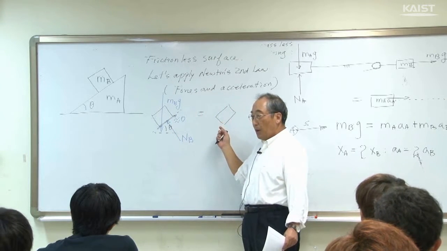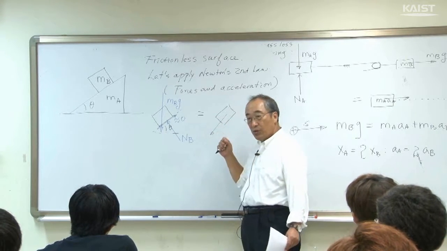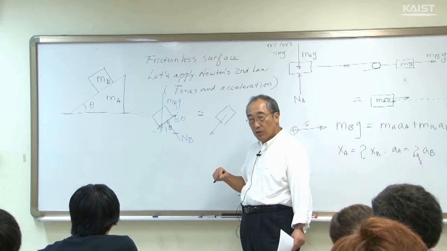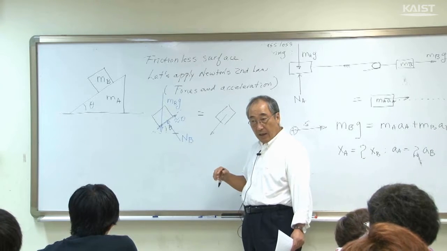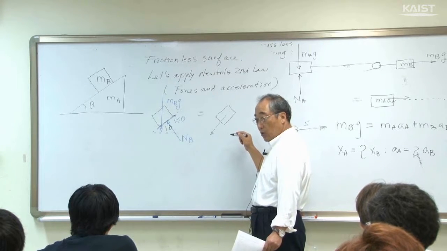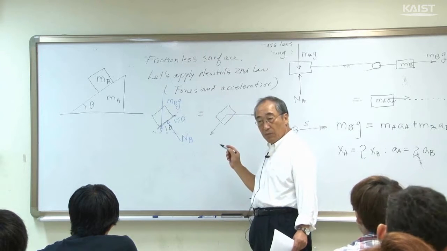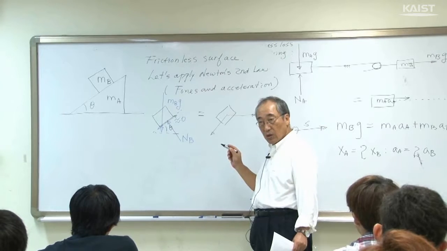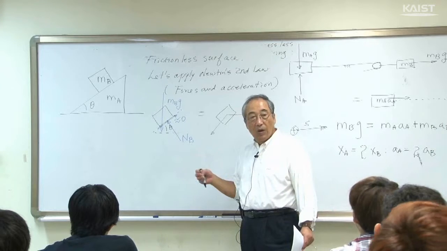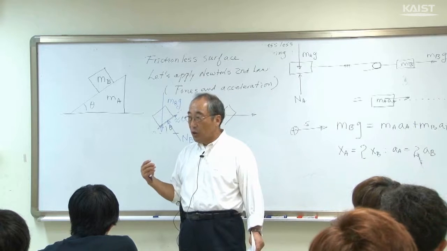If you look at this problem, you can immediately see that there should be some acceleration downward, parallel to the surface of the wedge. And then the mass would also experience the acceleration due to the motion of the wedge. So I express acceleration